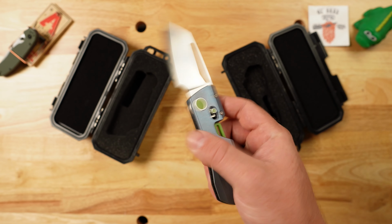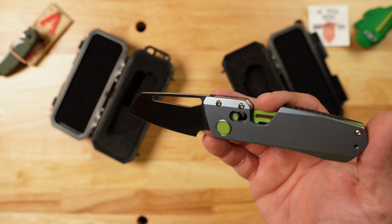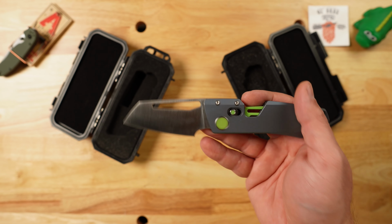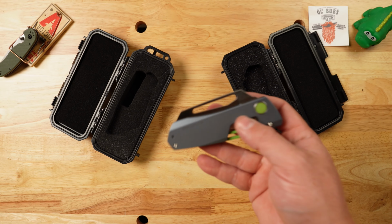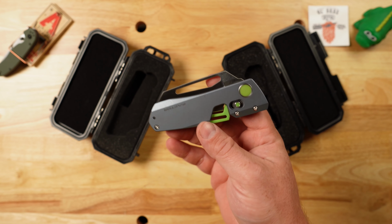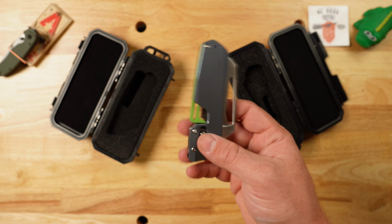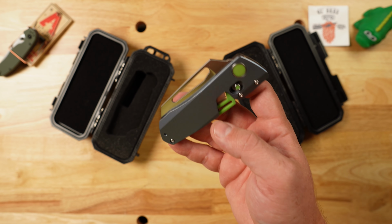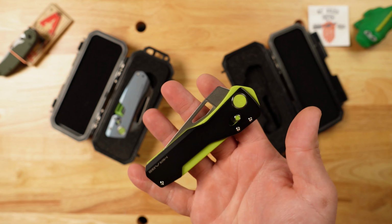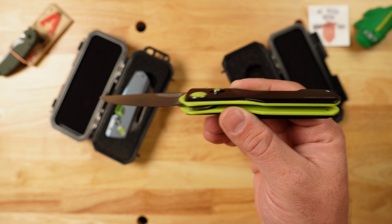I'm a massive fan of the Factor, but this is one of the few knives that I have this degree of love for that I carry very little. Part of it is because this is a batch 1 Factor, and I feel like there's going to be a day where this is super collectible, so I want to keep it nice. But also, I just haven't found it to be the most practical EDC knife in my collection. However, where it lacks some of the coolness of the Factor, I think the Mirage is actually a more practical